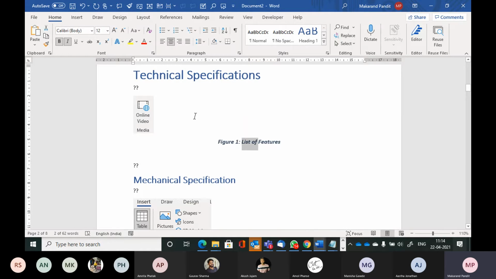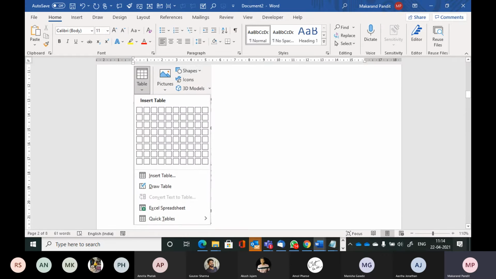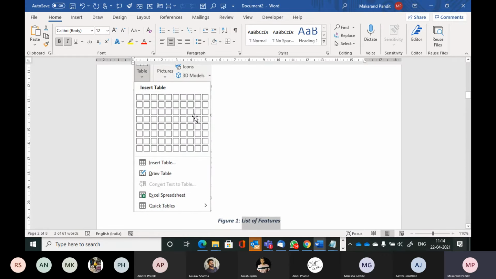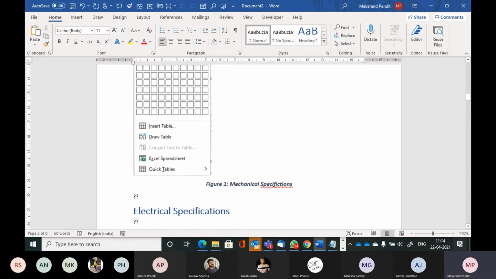So this is technical specification. So obviously this will be technical specification. So this will be what? Mechanical specifications and so on.